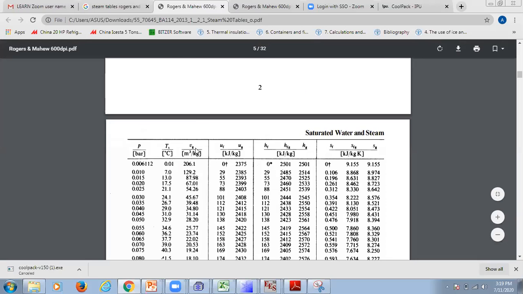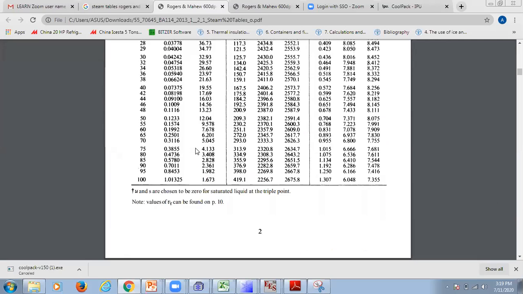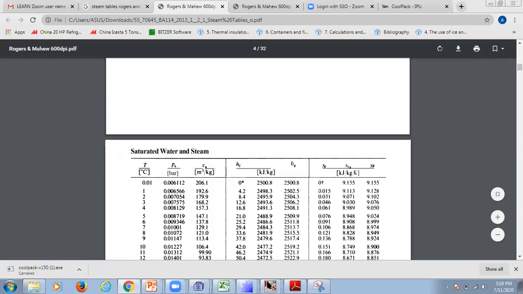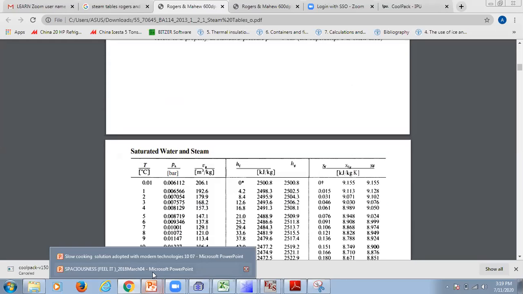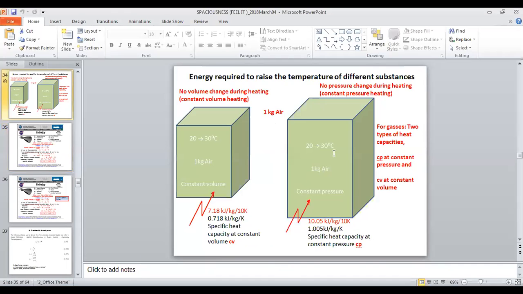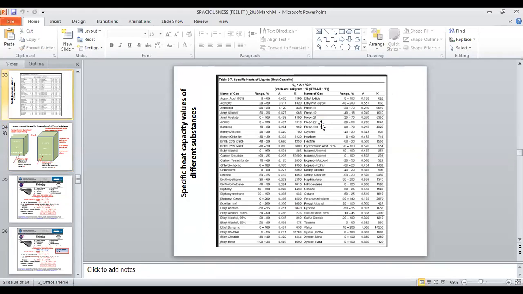You have to learn a lot of this. So today, not many explanations. Even in the coming week, we have to discuss the saturated water and steam. So that's about it. And even in the notes, today we came only to